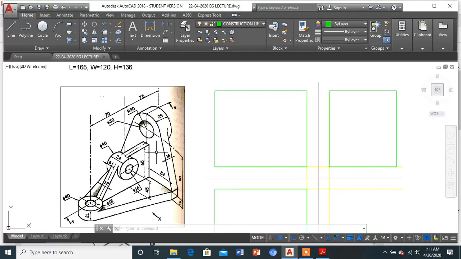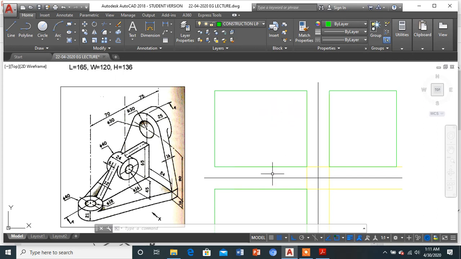As the question statement has given the front view, it will be from this side, with the direction of vision from X. The line is AA over here. The length will be 75 plus 70, 140, plus 20 is the radius of this, that is 165. Width: 54 plus the other side 54, 108, plus 12 rib, so it will be 120. What about the height? 16 plus 90, that is 106, plus radius 30, that is 136. So here the height goes like this.